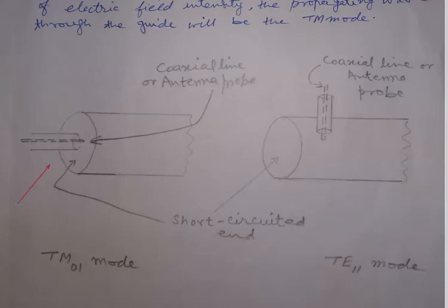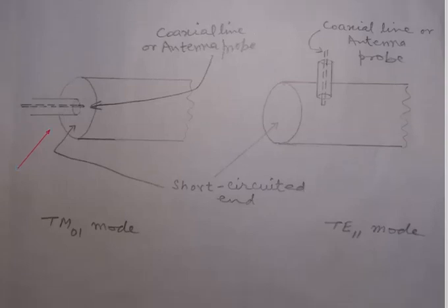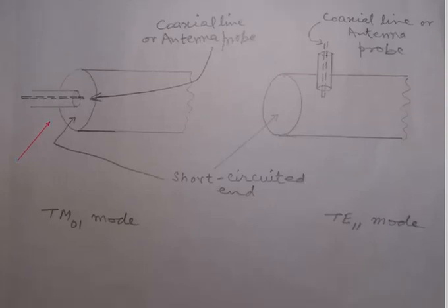So the probe will produce electric field variations, and the time varying electric field in turn produces the magnetic field waves, and in this way we may excite the various modes in the